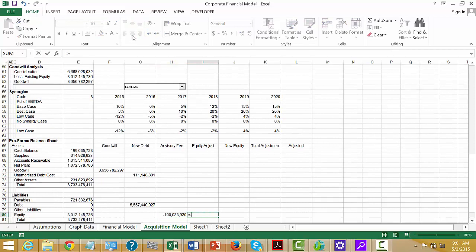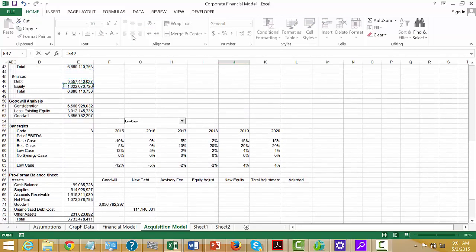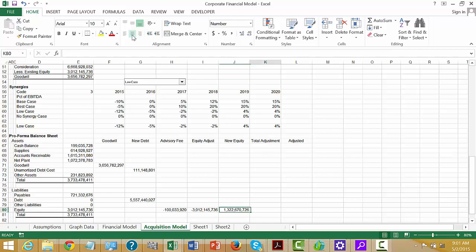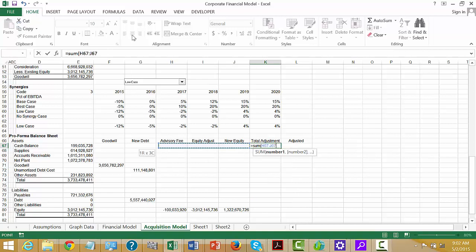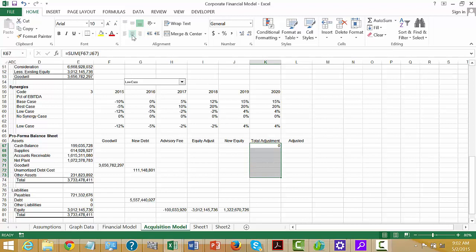We take away our existing equity, and then we replace this with new equity. Okay, and what we can do now is simply sum everything up. We stop with the adjustments. Okay. Okay, and Control D,